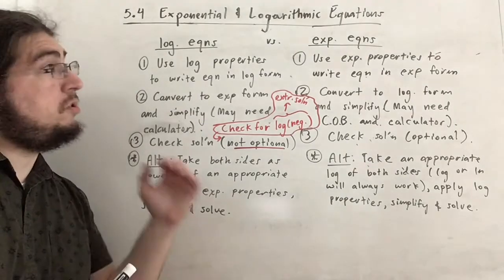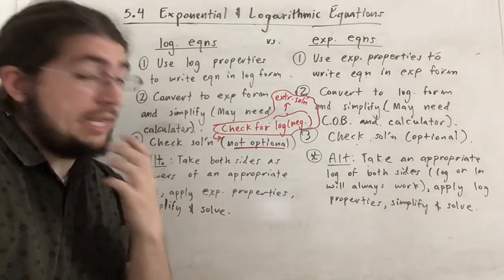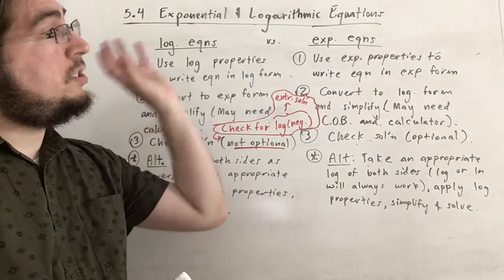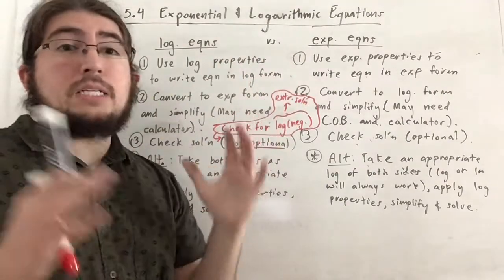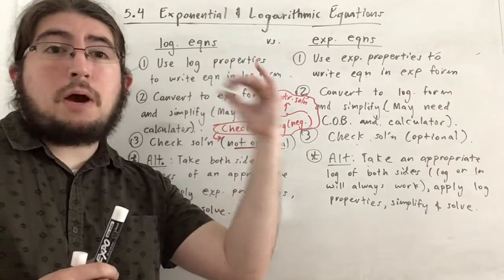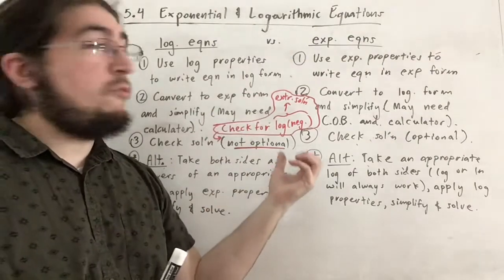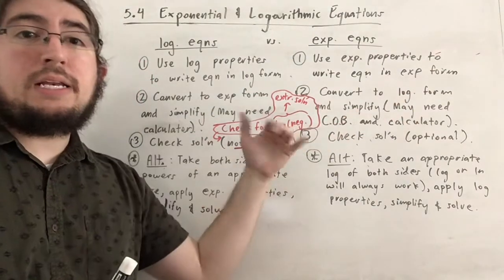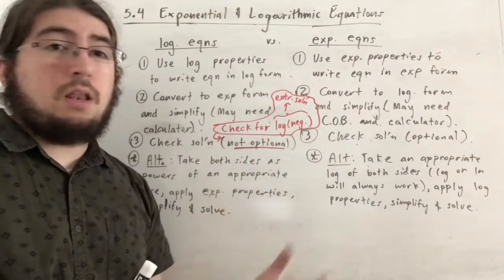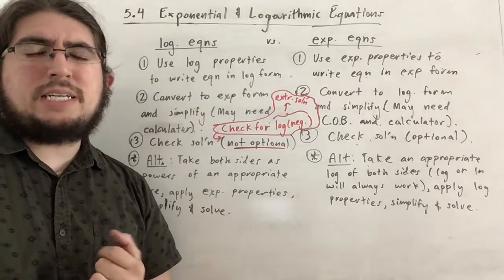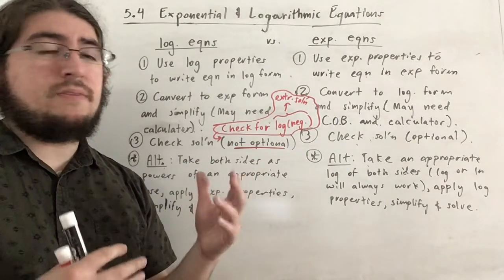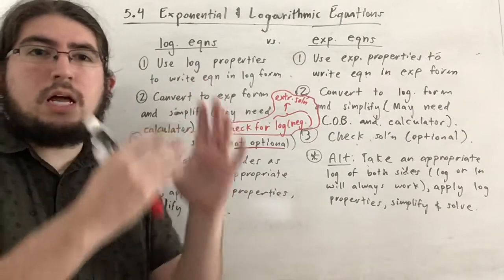Now moving on to exponential equations, and we see the exact same thing. We want to use exponent properties to write in exponential form: some base to some power equals a number. Step 2, convert this to logarithmic form and simplify. Here you may need to use the change of base formula along with your calculator. Let's say you have 3x equals log base 4 of 5,